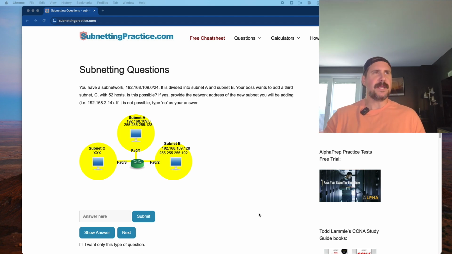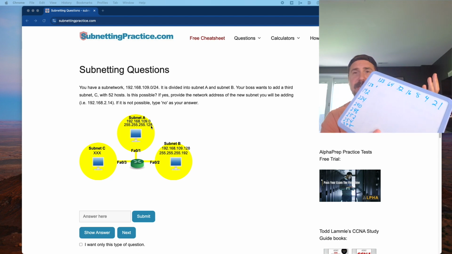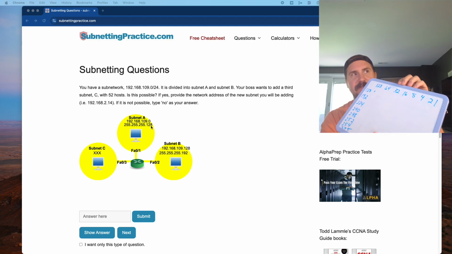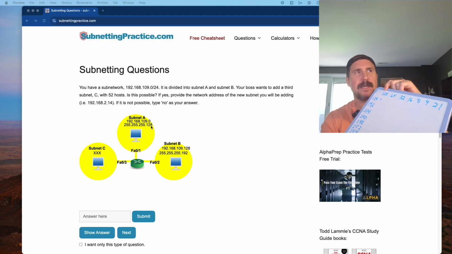Okay, so what is the block size or the space of subnet A? So first of all, we're working in the fourth octet. These 255s designate the first three octets as the network space, so that's not going to change. When I see that 128 here in the fourth octet, I mark it down, and technically you don't have to, because this is pretty specific and straightforward. But what it tells me is that our block size for subnet A is 128, meaning available hosts go from